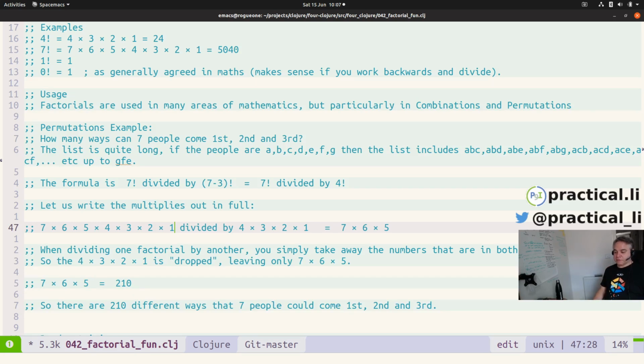So it's the same. 7 factorial divided by 4 factorial is the same as, we can expand this, so we can get 7, 6, 5, 4, 3, 2, 1. And if we divide by 4, 3, 2, 1, then you can see that the 1, 2, 3, 4 is actually common between each of these factorials. So if you just remove the values that are common,